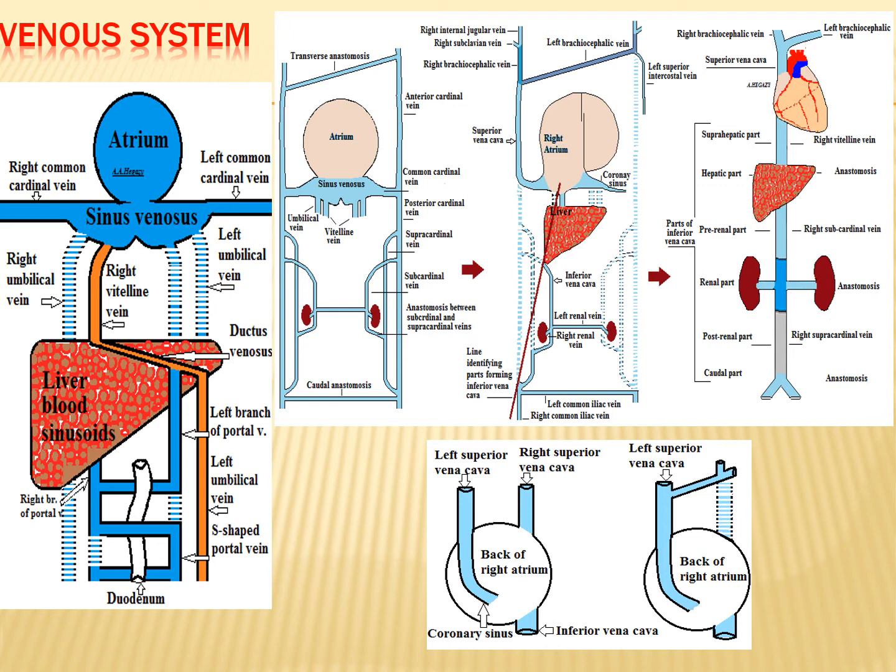Venous system. The arterial system, mainly the aortic arch, was mentioned in the previous lecture on the pharyngeal arch arteries. This is the venous system. As we see, the development of the liver here